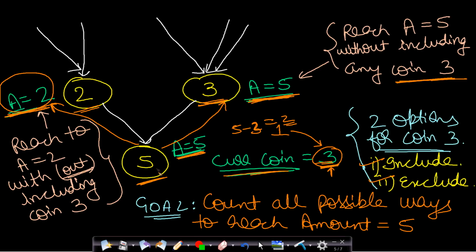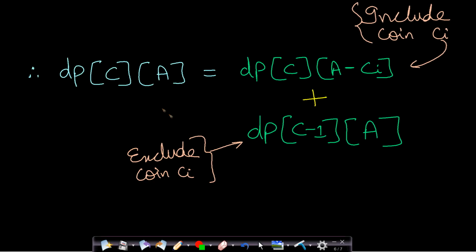So in how many possible ways can you reach this amount 5? It will be 2 plus 3, which equals 5. Okay, so this is one concept for applying dynamic programming. If you write it in the form of a formula, then it will look like dp at CA, which